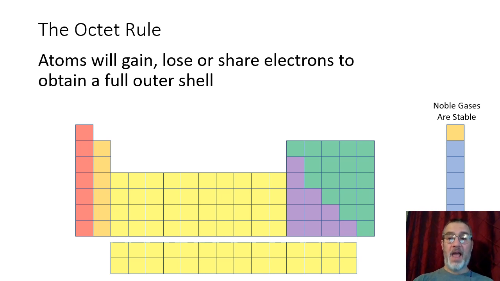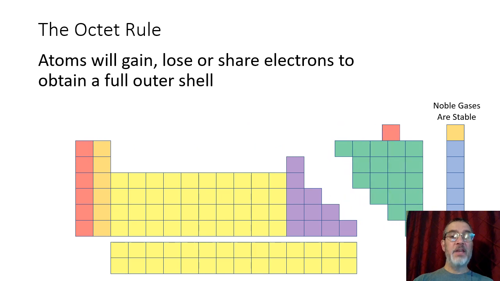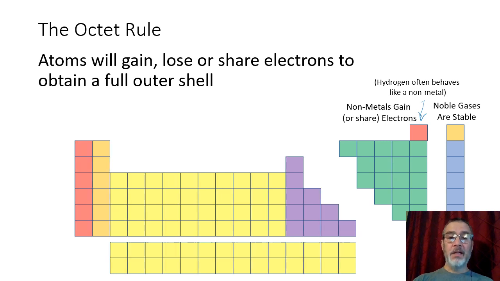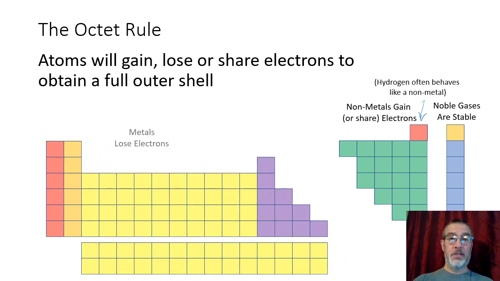They're very non-reactive. If we take a look at the nonmetals, they tend to gain or share electrons, and hydrogen is often going to behave like a nonmetal, so I slid it over from the left and attached it with the nonmetals. And then the metals tend to lose electrons when they form compounds, so the metals are going to become positive